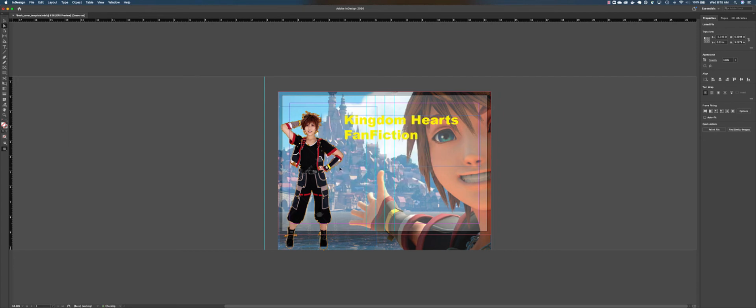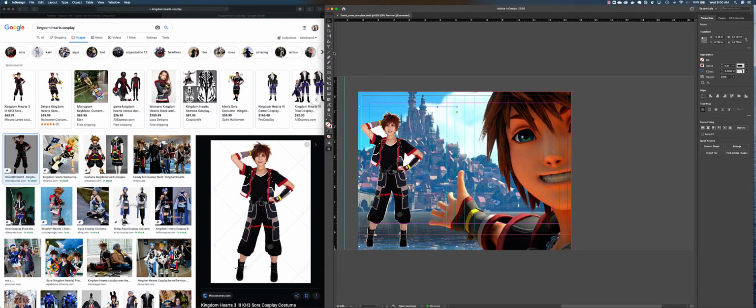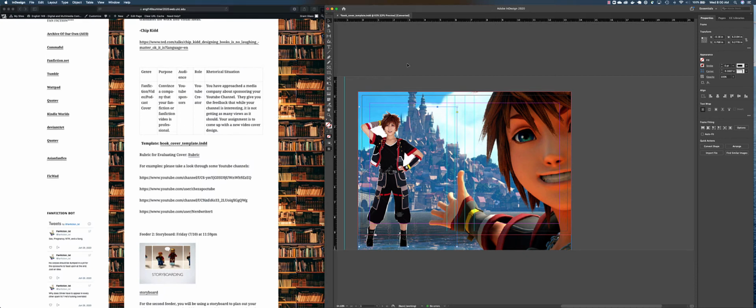You're going to press OK, and that'll remove those other edges. You can fine tune it with the pen tool or something else, but this is a really easy way just to get it completed. Okay, so now that, let's say I'm satisfied with my images, let's look at text.